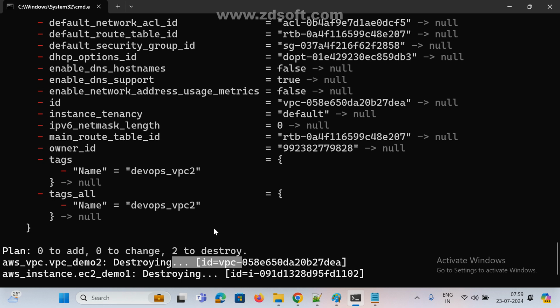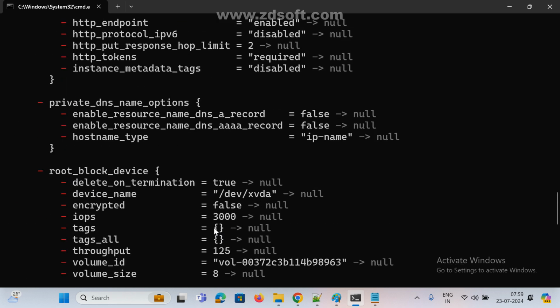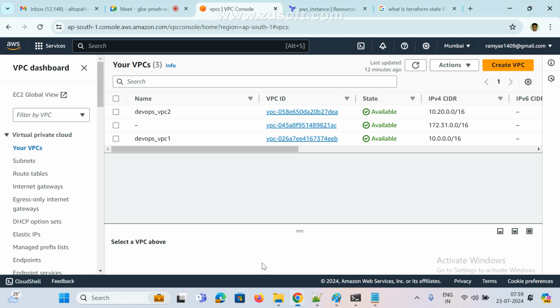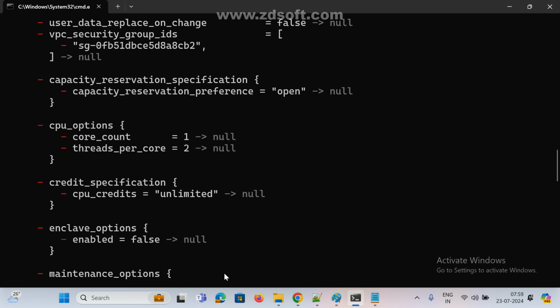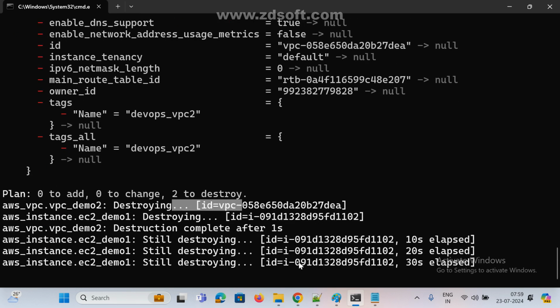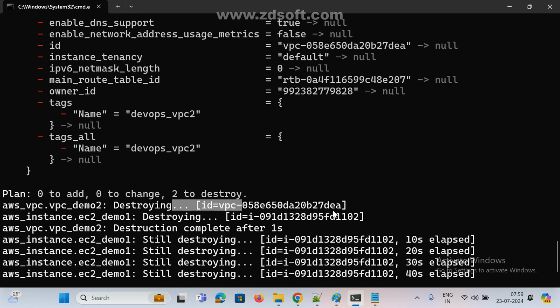Now if you want to remove it, we have to do it manually. Which one did I remove? Now if you go and check here also, the VPC. Now refresh it. One is removed, and this won't be removed by destroy. That is the non-Terraform resource. It won't destroy it.